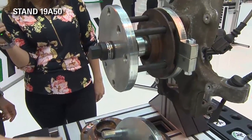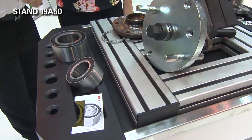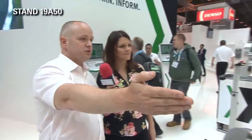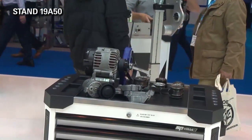We also highlight some very simple warranty failures that we see on a regular basis. So again, here we can talk to garages about the reasons why that happens and how to prevent that happening in the future. And that's a similar story replicated on all of the different pods here today. So here we're talking about front-end auxiliary, we're talking about timing drive systems, and then our main focus area, which gives us